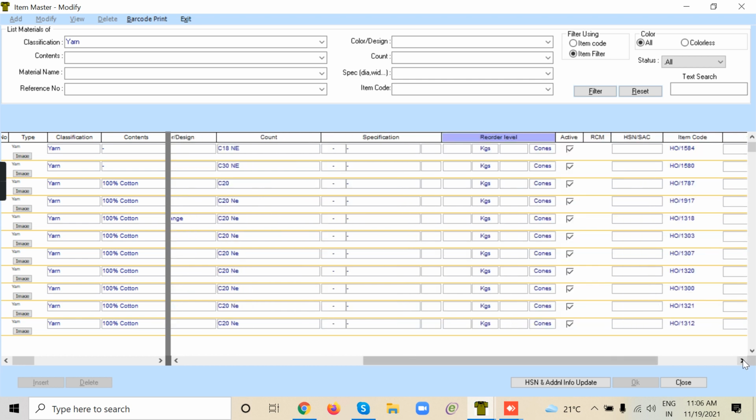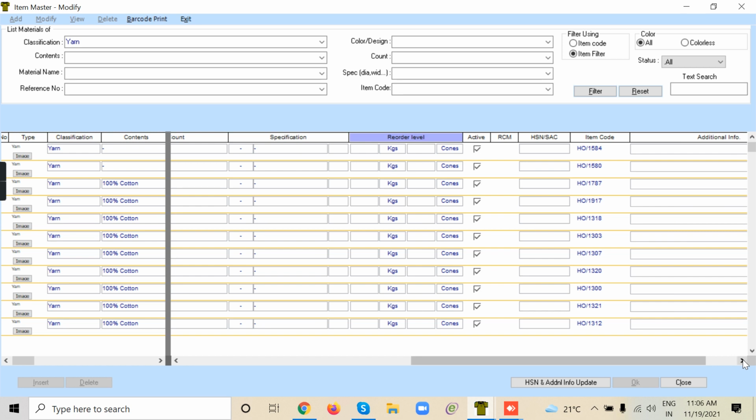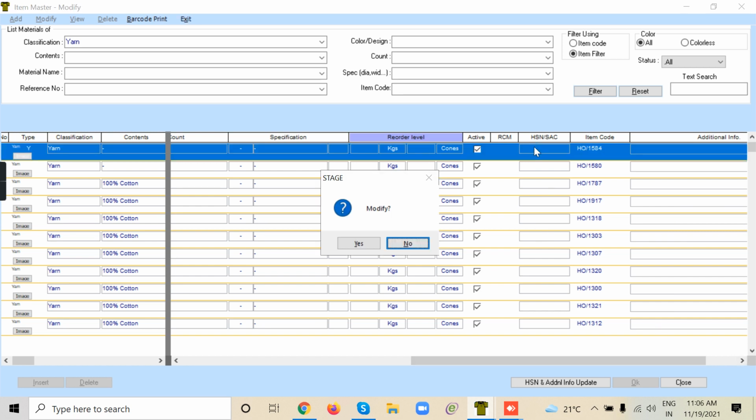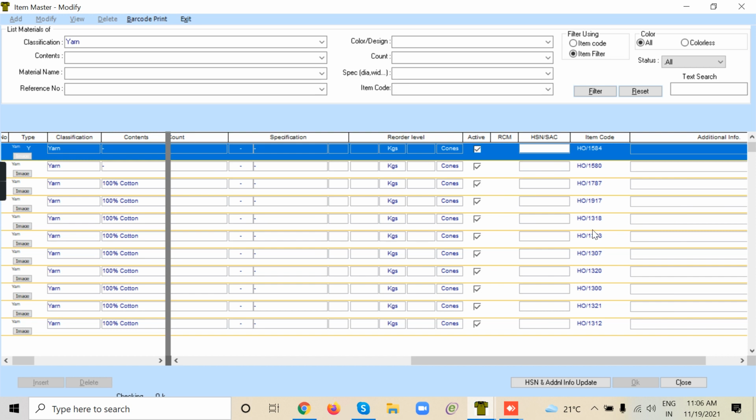And one more thing: for the purpose of GST, each item should also have an HSN code. HSN code is necessary so that it can be mapped to the GST reports. You can see the yarn here.